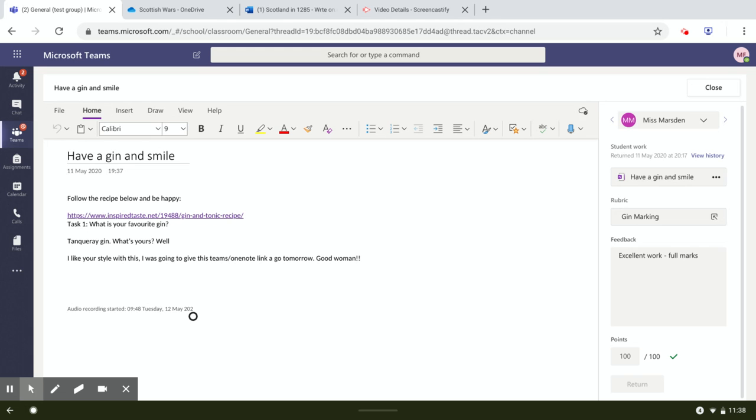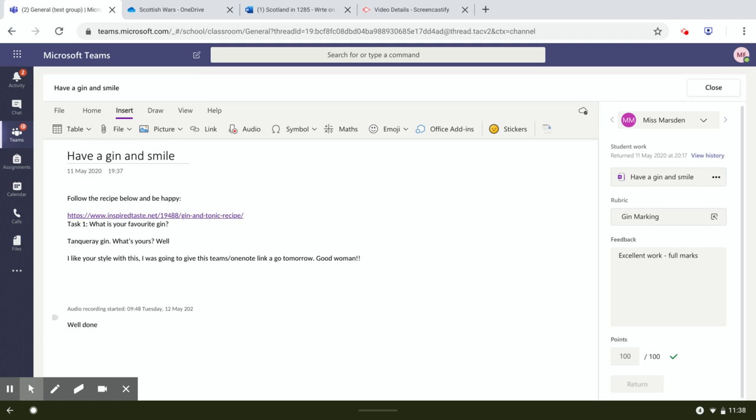You can just click on it and then you can start typing. You can also add in little stickers, you can draw smiley faces, you can insert voice notes. So I could click an audio here and include a little voice memo to her to say, well done, this is really good. Lots of different things you can do. Same as you can on any normal page, you can do to this work,